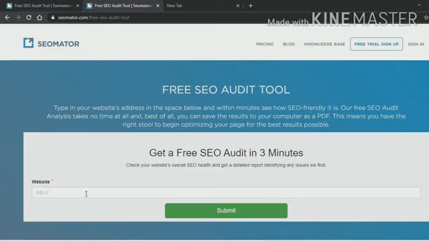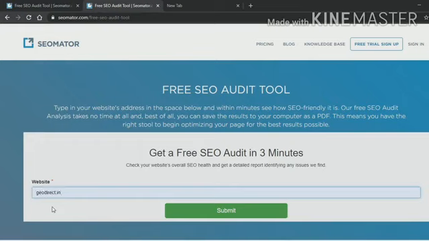Here, get a free SEO audit in 3 minutes. Check your website's overall SEO health and get a detailed report identifying any issues we find. So here in this box we have to provide the name of the site.